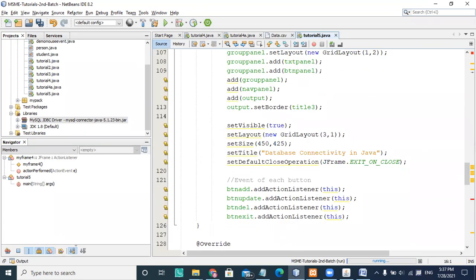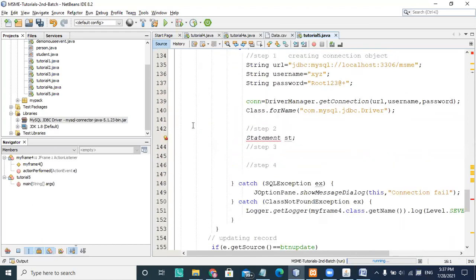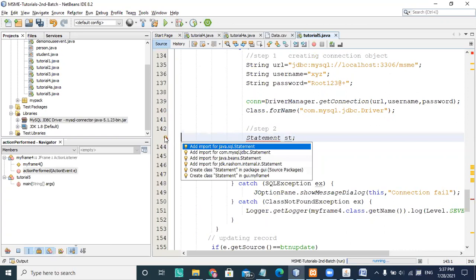Every time you are creating a statement object in Java database connectivity, there are three types of classes. Don't import the bean statement class or the MySQL JDBC statement, because Java is giving you the proper path here, and you are going to import only this class.